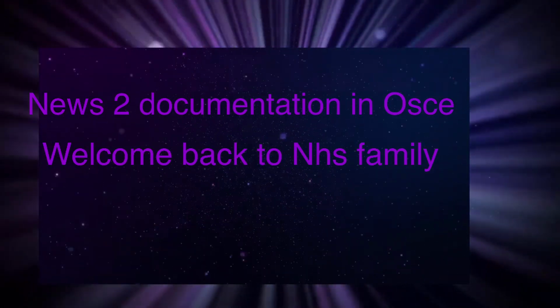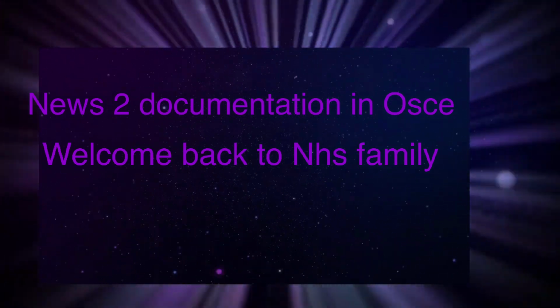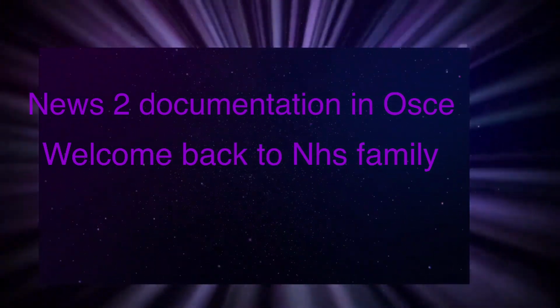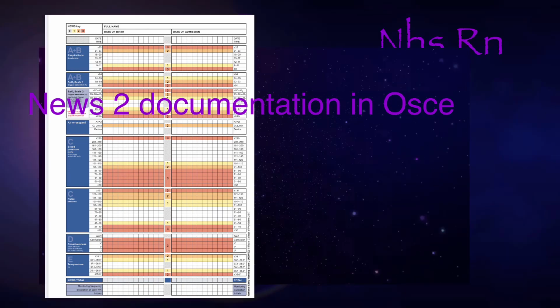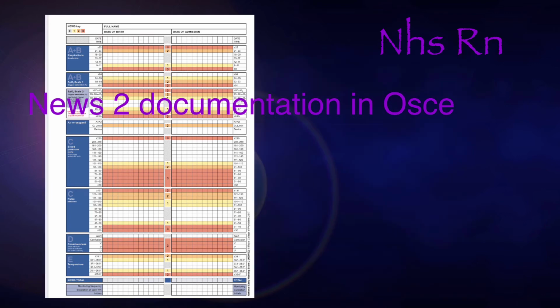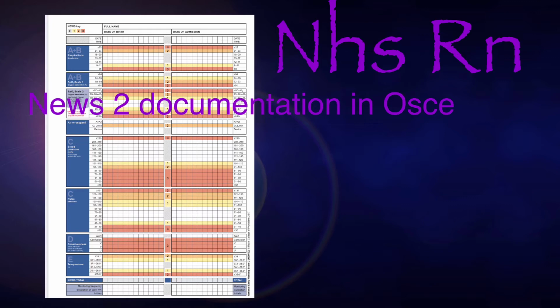Today we are going to see the observation chart. We have different observation charts such as NEWS 2, PHQ chart, MUST chart, and different ones like the GCS chart. Okay, so I'm planning to do a separate video about it. So today we are going to see NEWS 2. So this is our NEWS 2 chart. When you see this chart, you have to make sure that you are doing everything right. So let's see what is in it.